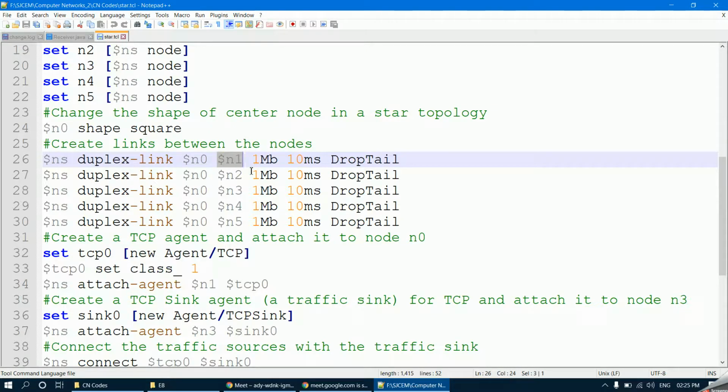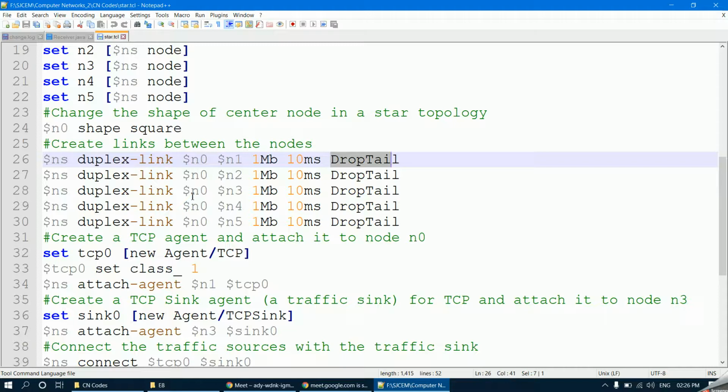Then you have to specify what is the bandwidth, and the bandwidth that I have given is 1 Mbps. And what is this? This 10 ms, milliseconds, represents the delay. Okay, and what is this DropTail? After the 10 milliseconds delay, still if that particular packet does not get received from the sender to the receiver, you can drop that particular packet.